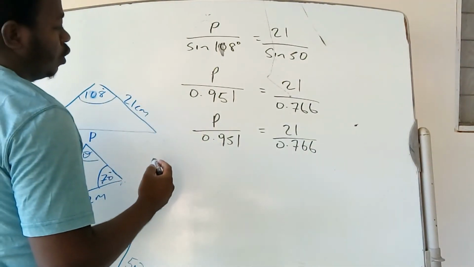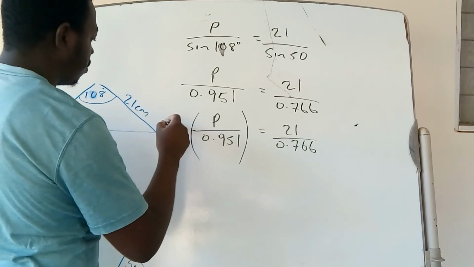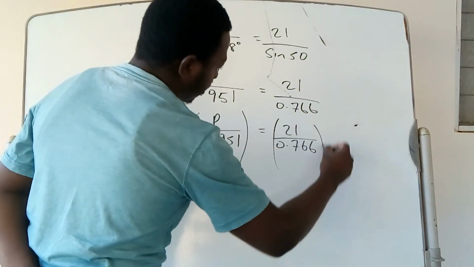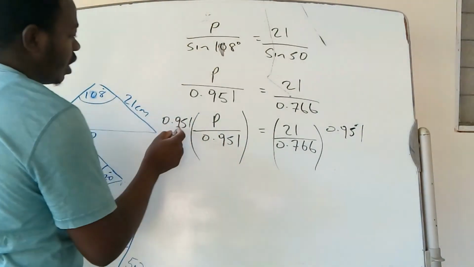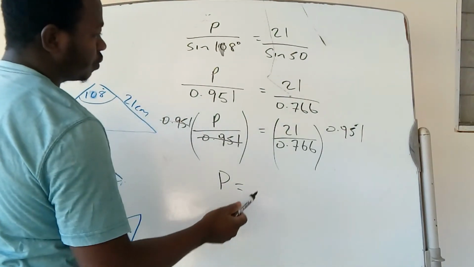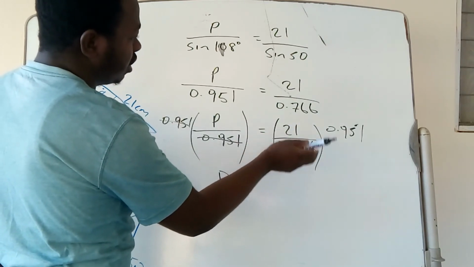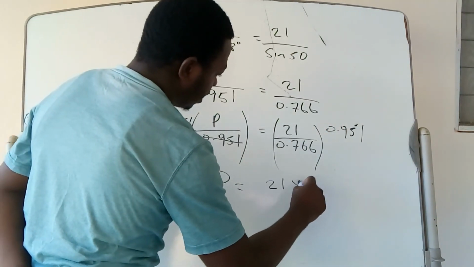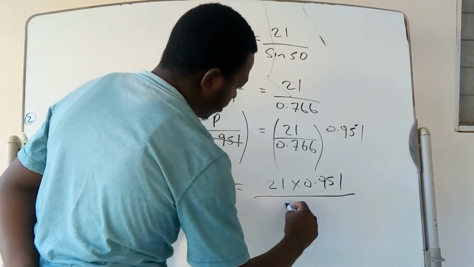Multiplying both sides by 0.951, the 0.951 cancels, so I'm left with P equal to 21 times 0.951, all of that divided by